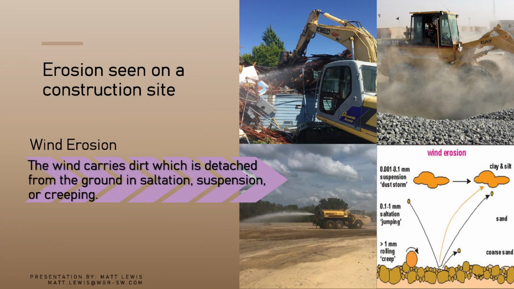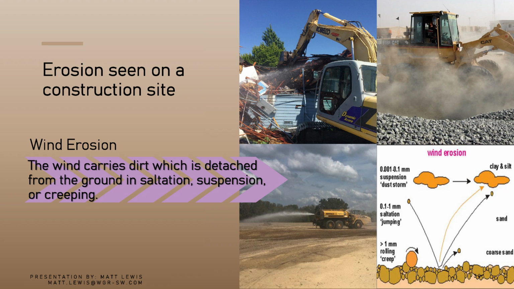But this is probably the main thing that most sites deal with, apart from basic erosion during the rainy season, especially during summer, and that is wind erosion. Wind erosion is wind that carries dirt which is detached from the ground, through saltation, suspension, and creeping. So suspension, pretty straightforward. You get a big dust cloud that comes off the site and stays suspended for a long period of time. Saltation is